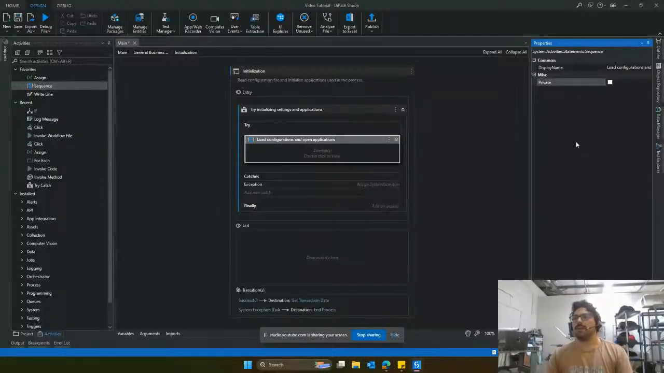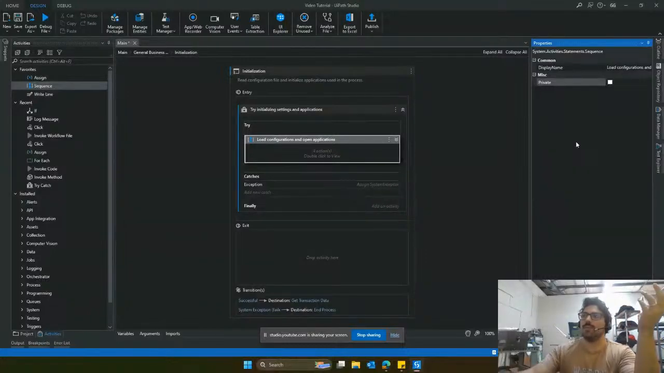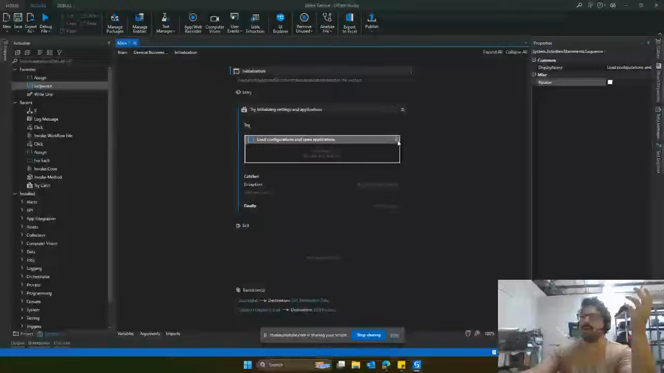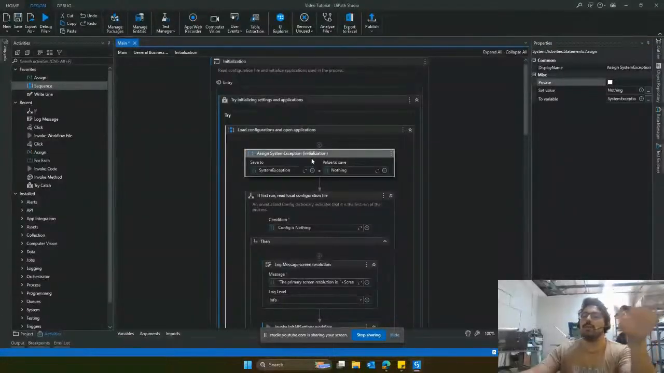So you're saying I want this or not. Class functions. So I have my load configurations and open applications functions. The only difference is that you don't really have to worry about the scope of these. We'll get more into that later, but let's start with what you're going to see as you go into the